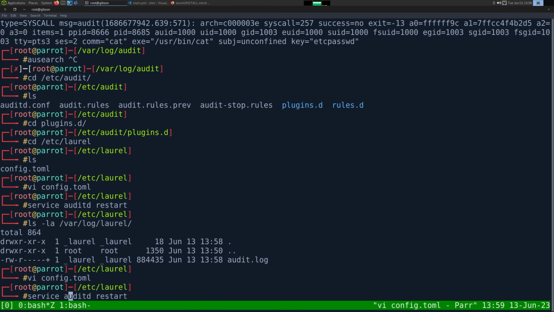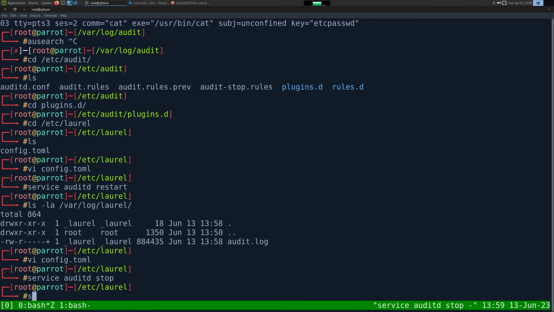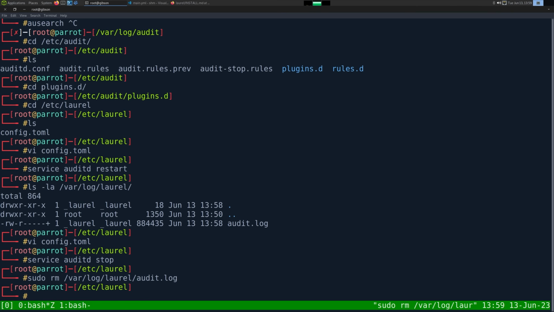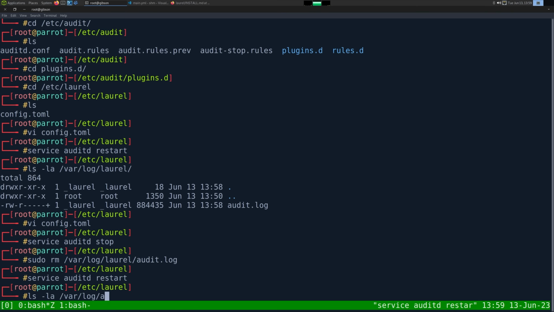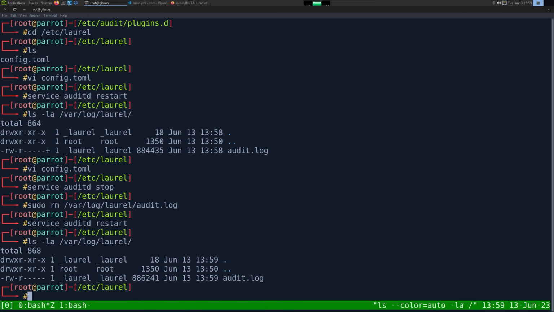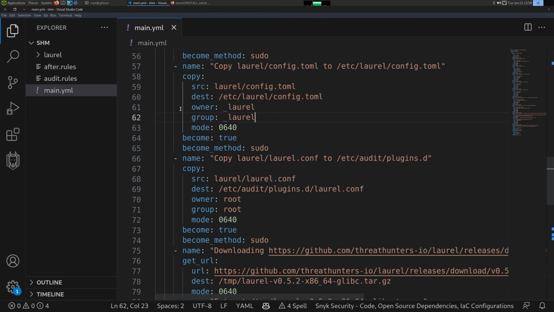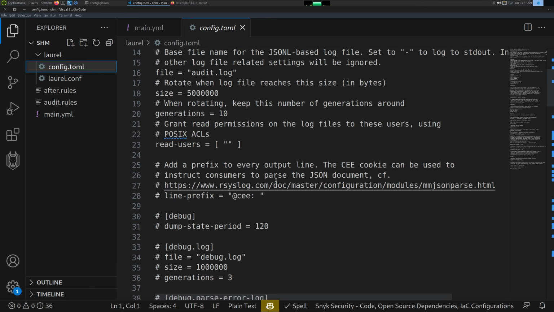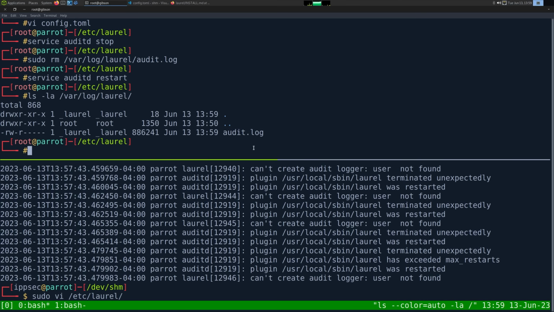So let's do auditd stop, sudo rm /var/log/laurel/audit.log, start it. Sweet, that works. So let's go back to the playbook real quick, and we need to edit this read users to be nothing. So now if we do /var/log/laurel,